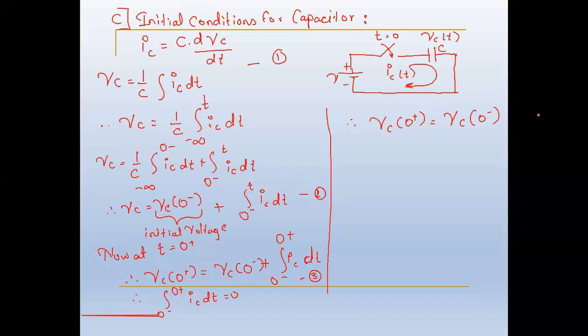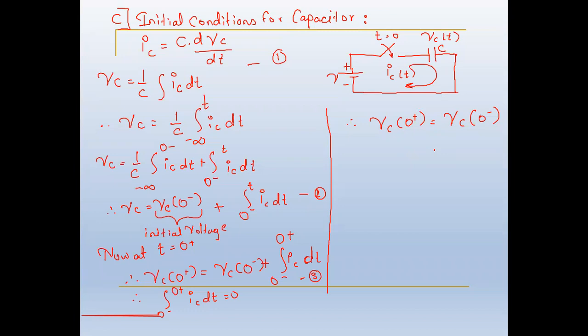When an uncharged capacitor is connected to the voltage source, the current starts flowing through the capacitor instantaneously. So at t is equal to 0 plus, just after switching, the capacitor acts as a short circuit. Let us consider that the capacitor is fully charged at t is equal to infinity, then it can be considered an open circuit. But t is equal to infinity indicates the steady state condition. So under steady state condition, the capacitor acts as an open circuit.